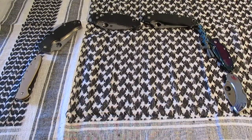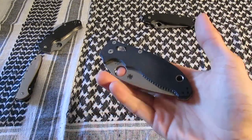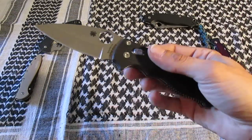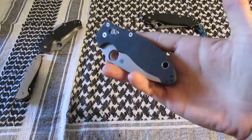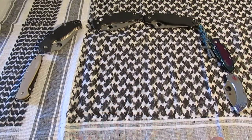Saying goodbye is always the hardest part, right? Well, I just traded off one of my Spyderco Manix 2s with the saber ground blade. This is the one I have left. Ended up making a trade with one of my buddies from Michigan. He really wanted a Manix 2 with a saber ground blade for a while now, and he recently decided to